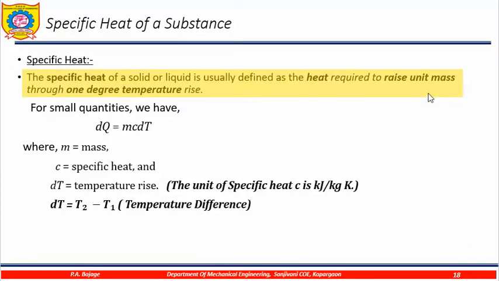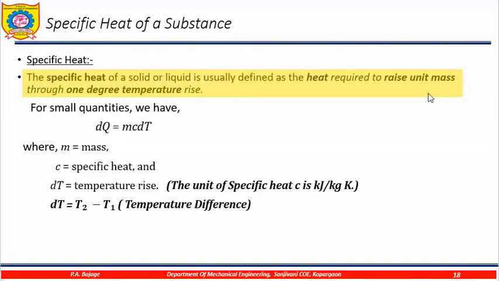So, in simple words, it is the heat required for a solid or a liquid to raise the temperature by 1 degree Celsius, and the mass should be unit. That is, for unit mass there should be unit rise in temperature, and that much heat supplied is called as